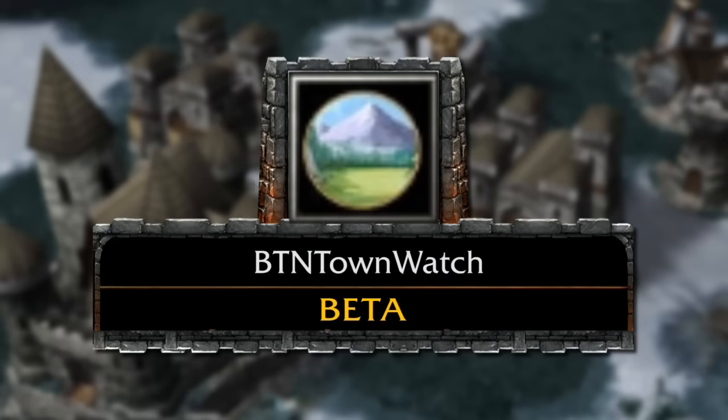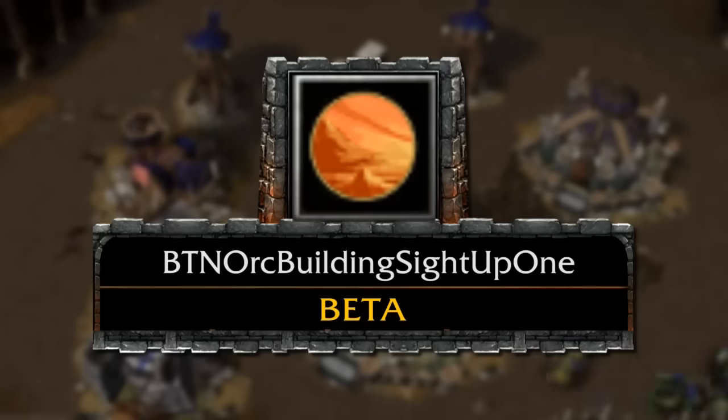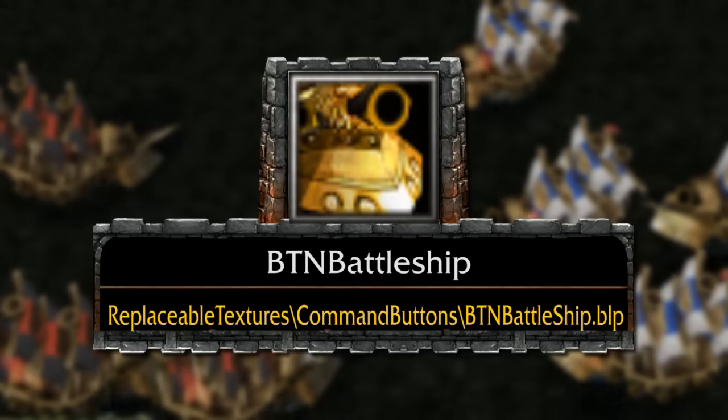There were 2 steps in the upgrade which used these icons and were called Town Watch and Town Patrol. The orcs had a similar upgrade, though Blizzard didn't seem to come up with a name for it. The icons are simply called Sight Up 1 and Sight Up 2. Battleships used to have a different icon which focused more on the ship's cannon than a broader view of the